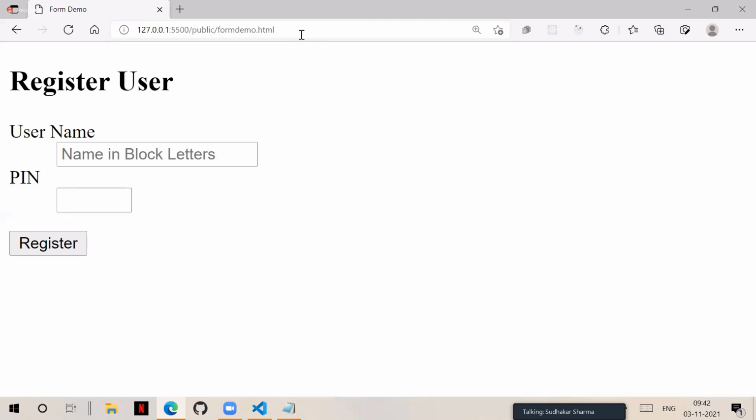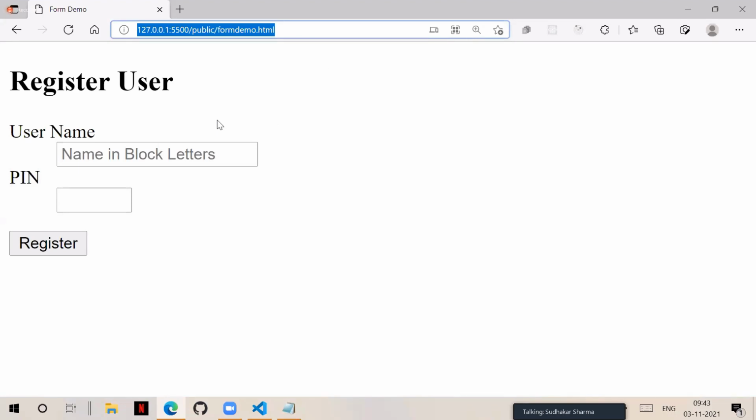In order to use the form, you have to click inside an element in the form, either username or pin, in order to start typing. But sometimes we forget to click inside it, the cursor is somewhere in the address bar or elsewhere, and we start typing,